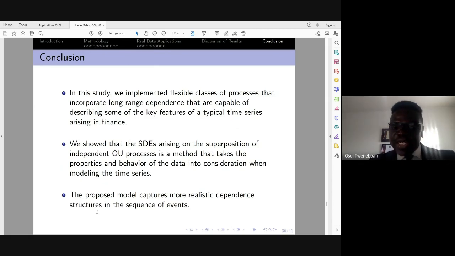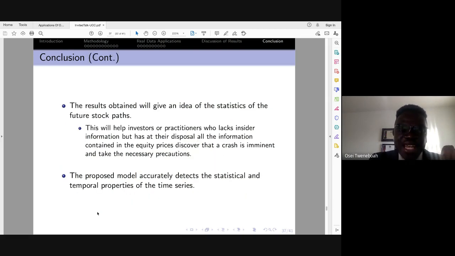Here we looked at a time series in finance, and we can apply this to several disciplines. Here we show that the stochastic differential equation, which arises from the superposition of independent OU processes, takes into account the physical behavior of the data. The proposed model captures more realistic dependency structures in the sequence of events. And the results obtained will give an idea of the statistics of the future stock